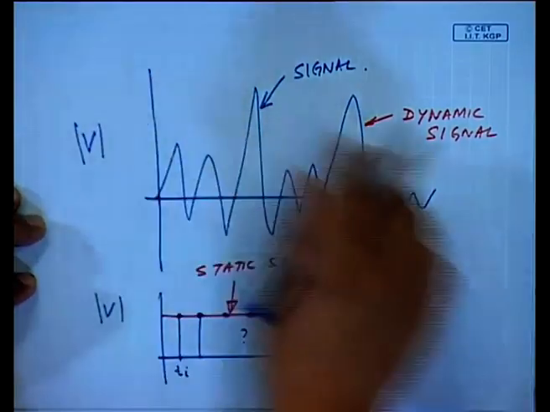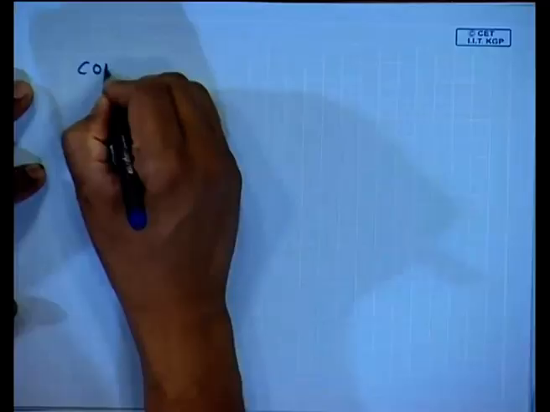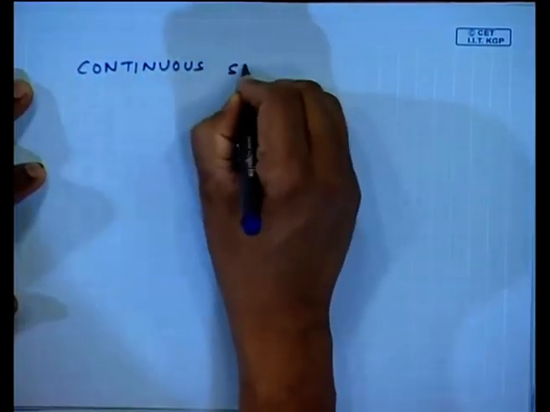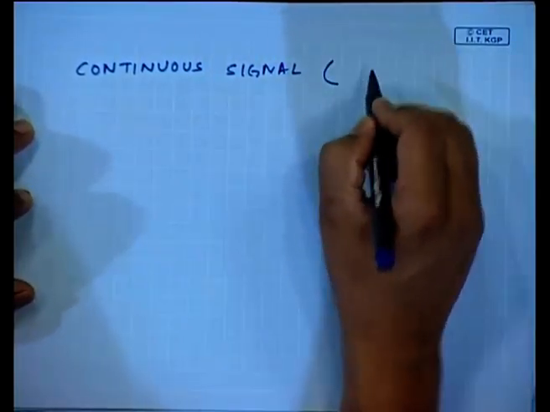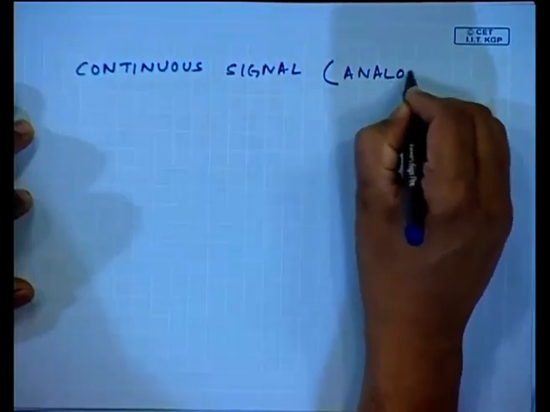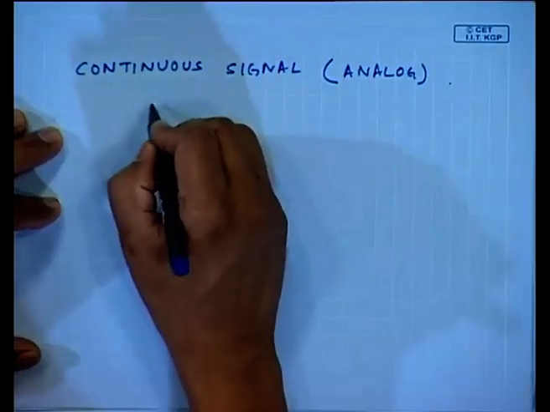So, if it is known at all times, this is a continuous signal, or usually an analog signal. A continuous signal means it exists at all time t,